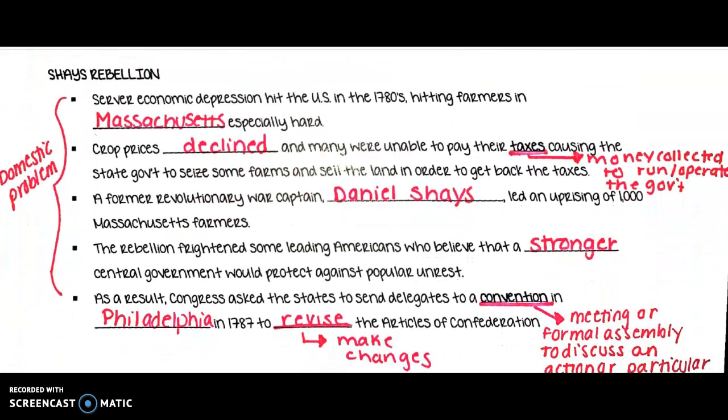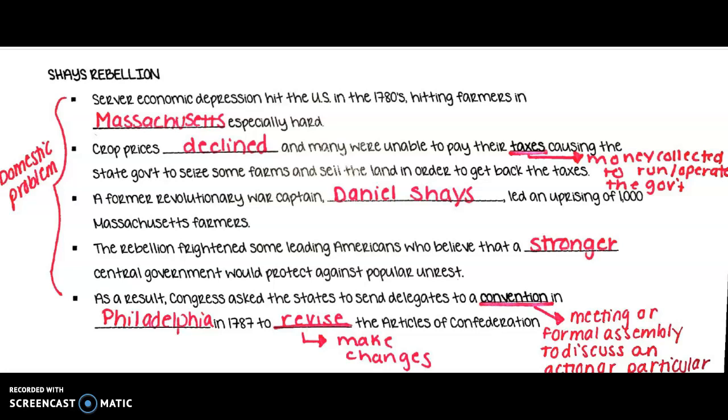Now, with all of these weaknesses, Shays' Rebellion was truly the one that shed light and said, essentially, let our founding fathers know that this wasn't working. Now, there was a severe economic depression that hit the United States in the 1780s, hitting farmers in Massachusetts especially hard. Now, remember, an economic depression means you are running out of money essentially. So, with the fact that the Americans were in a lot of debt after the American Revolutionary War and their inability to tax, while the states are also doing their own thing, it really hurt the economy in the United States. Crop prices began to decline, and many were unable to pay their taxes,